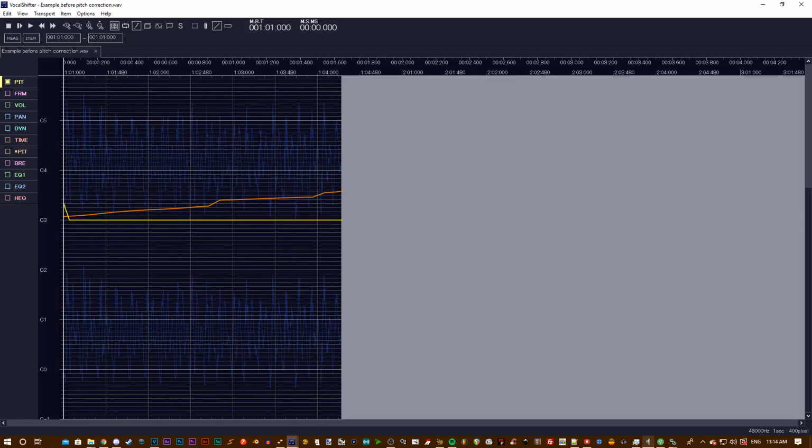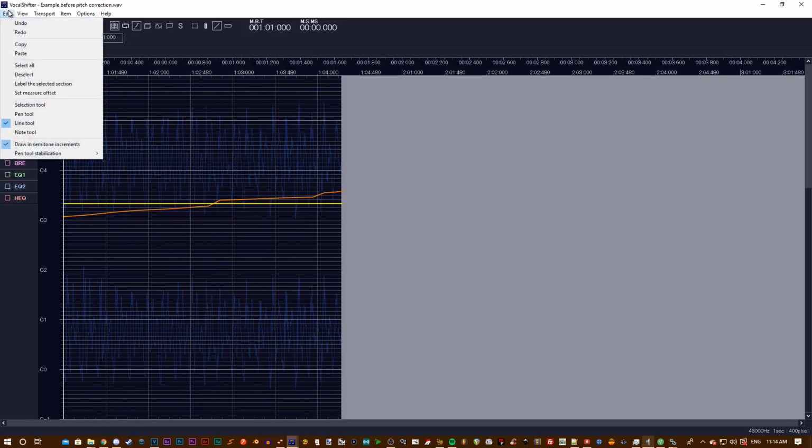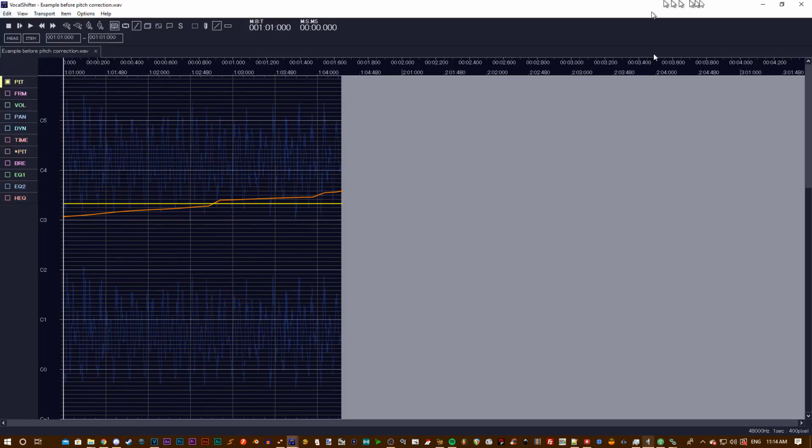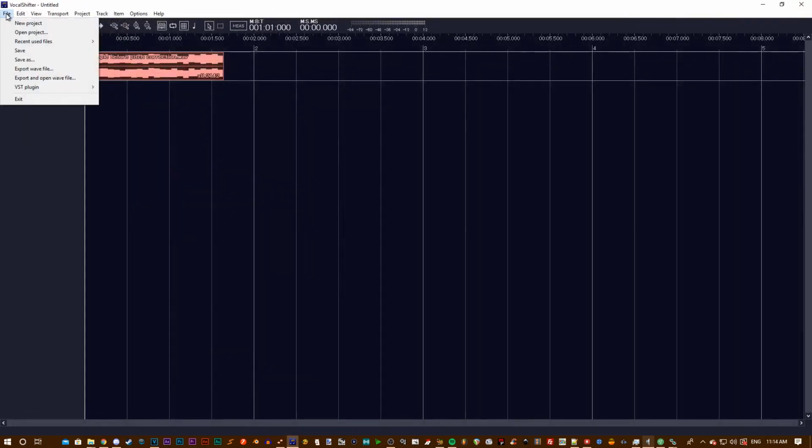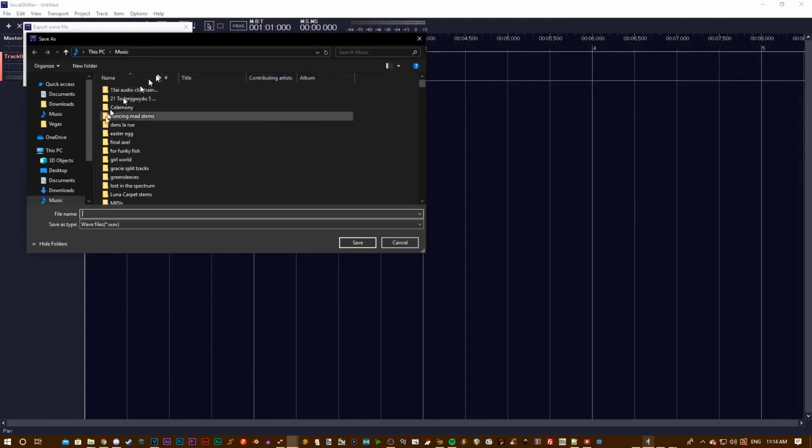But since this is just for demonstration purposes, I'm gonna leave it at where it averaged. And then you export your sample. Then you close out of that window, go into File, Export Wave File,